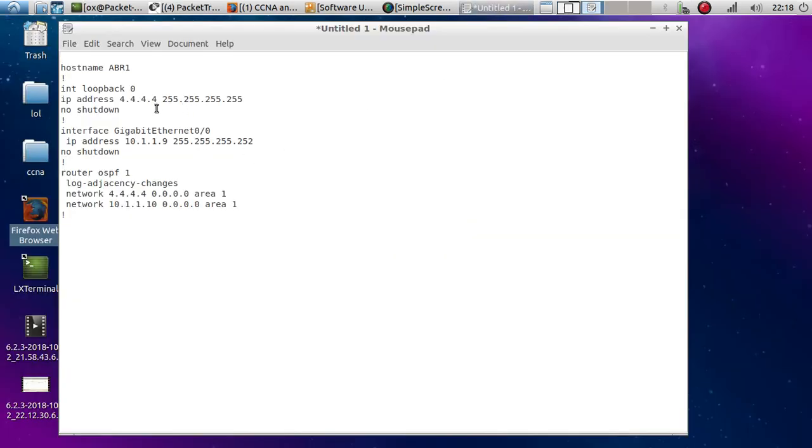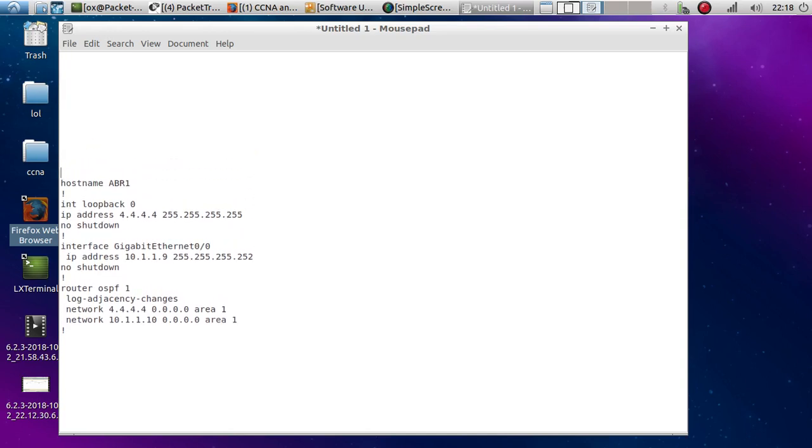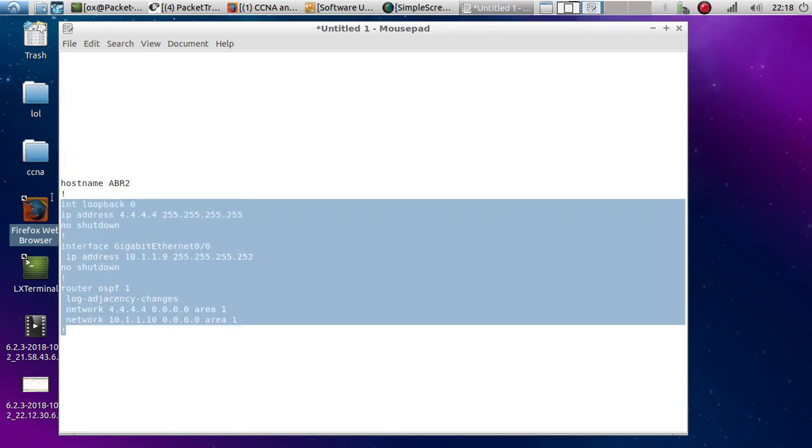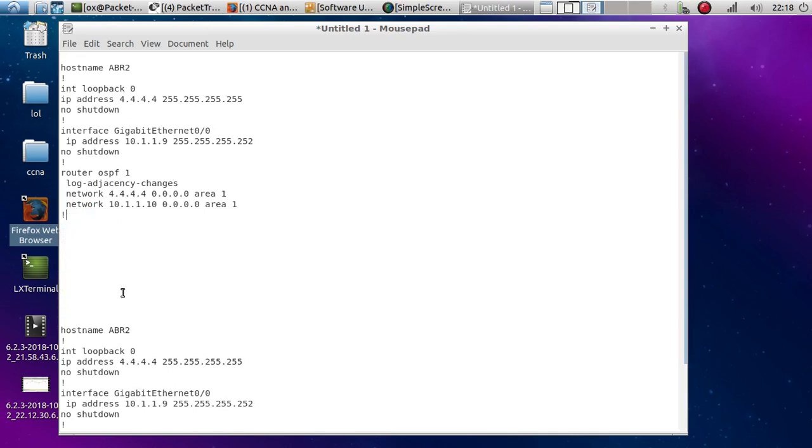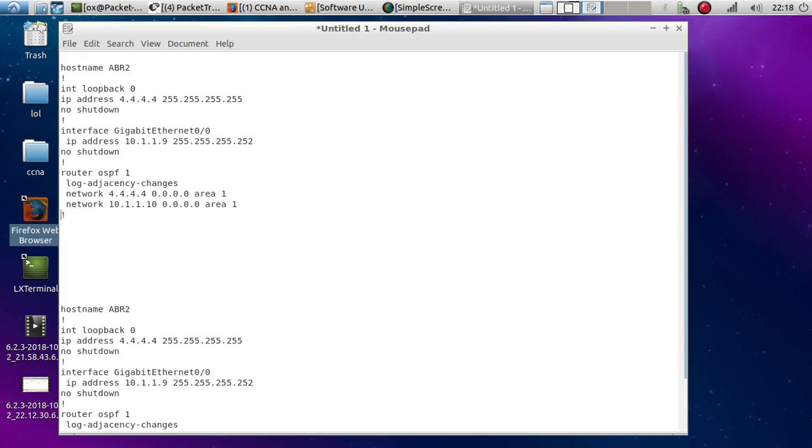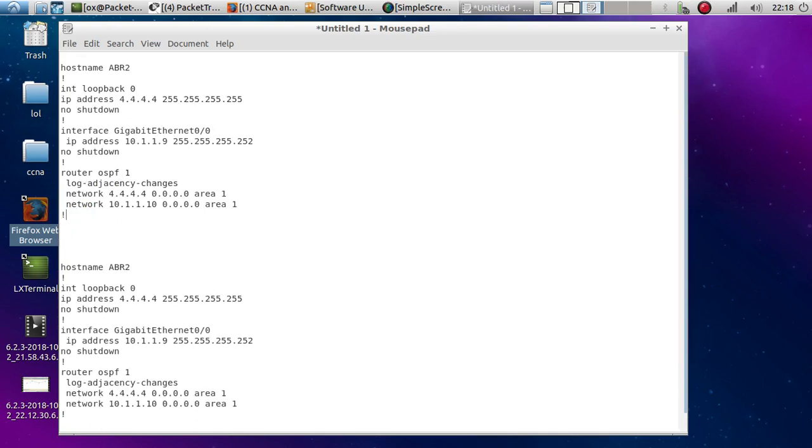What we can do is just edit this one over here. This one is going to be for ABR2, right? I just copy this, paste it over here, and this one is not going to have this gigabit interface. It's going to have that serial interface,